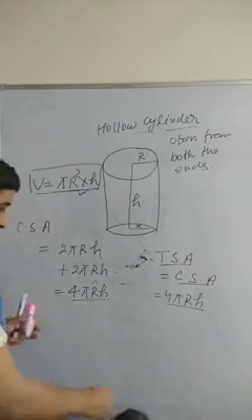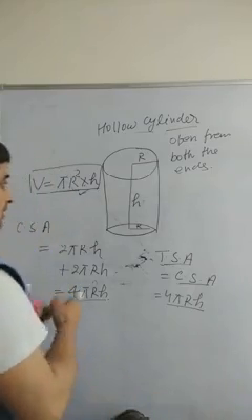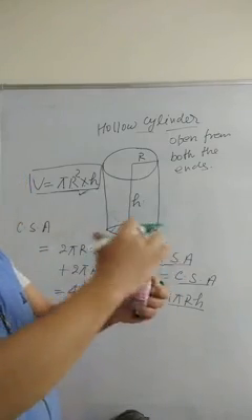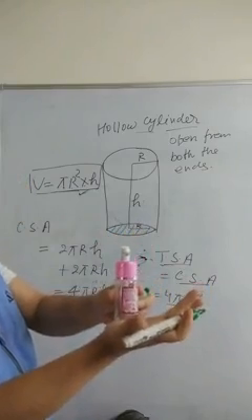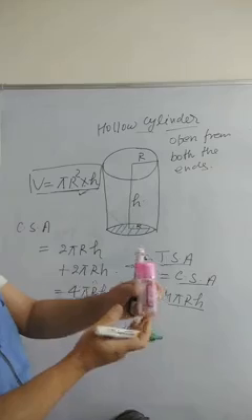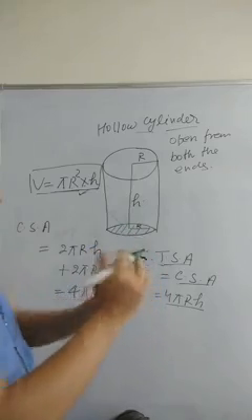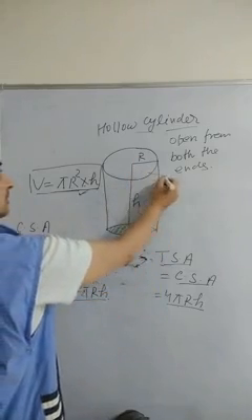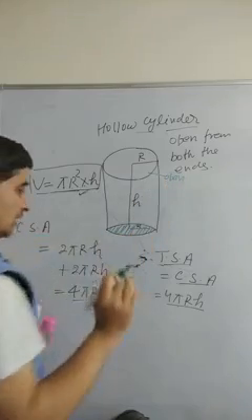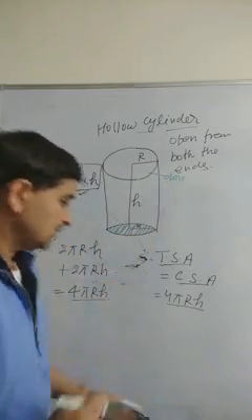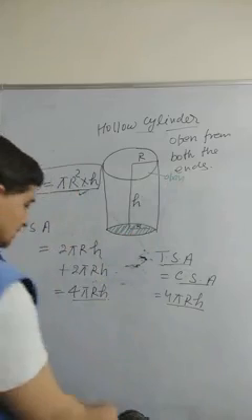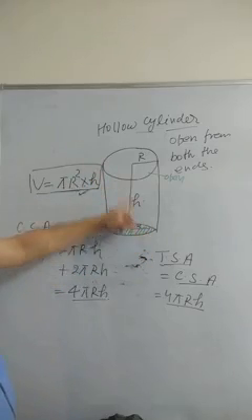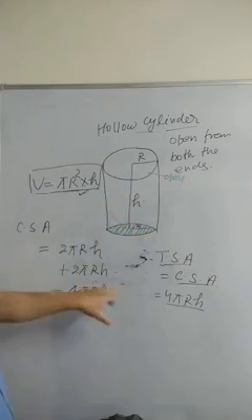Now if I make a small change in it, suppose I cut only the top of it. There is a bottom, just like a cylindrical glass you take. It has a base but no top. So this circular part is there, but this part is open now. See, the question can be asked in different ways. It can be asked like there is a cylindrical glass which is open from one end. Then you cannot apply this formula there.